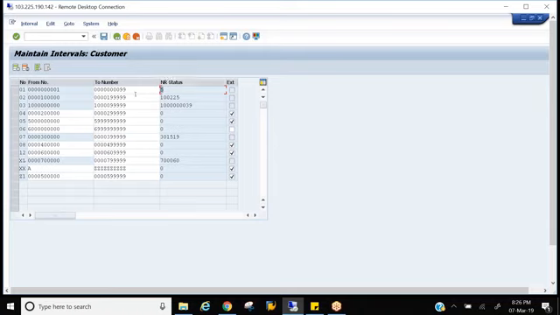What is this NR status? We just created a customer, right? And we are telling the system that 000001 to 99 is one series. And now when we created a customer, the system has assigned a number called 5. Why has the system given a number called 5 when I created a customer now? Because